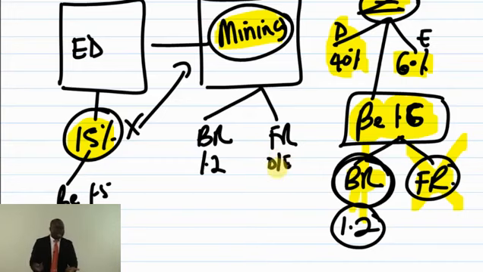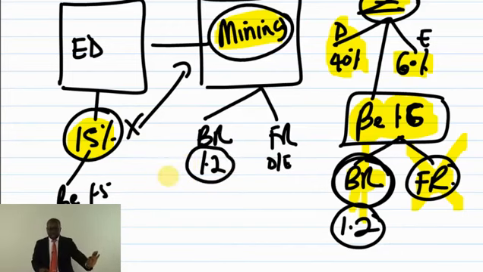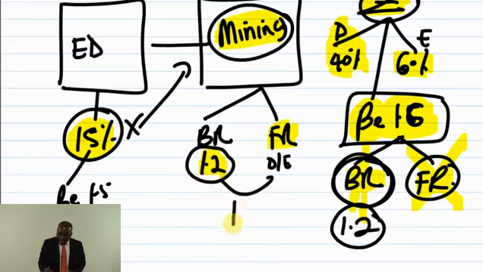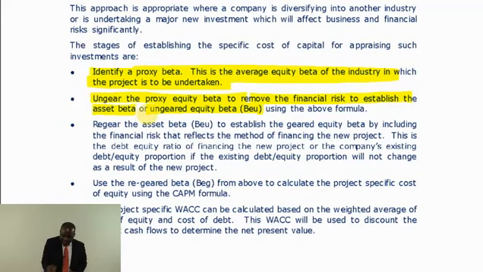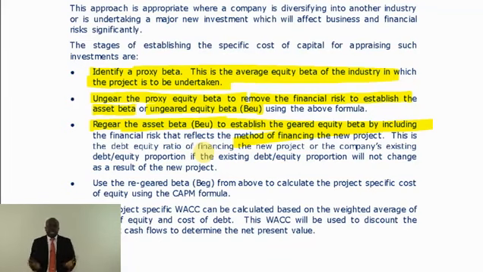If I have got debt equity, then this 1.2 is not enough because it's measuring only business risk. As long as I have got debt, I have got financial risk. I would have to bring in that financial risk. How will I bring in that financial risk? I would have to gear this. That's why they say re-gear. So when I re-gear, and let's say I come and get 1.8, then that's the third stage here, re-gear. Re-gear the asset beta in accordance with your debt equity proportion. And when you re-gear, it will give me my business risk and my financial risk.